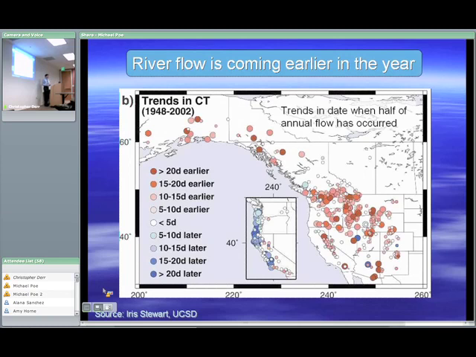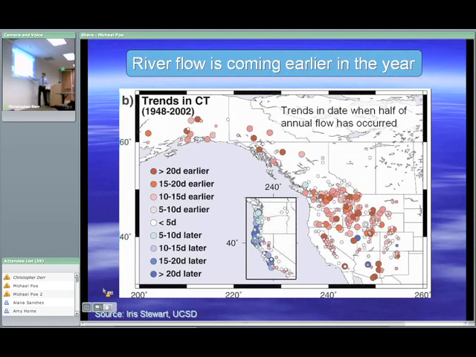And what's actually shown is the trend again over 50 years, the so-called center timing date. And the center timing date is, if you have a measuring station somewhere on a river, the date at which half the annual flow has gone by. Okay, so obviously that's something you only know at the end of the water year. You don't know it at the moment it happens. But it's a good measure of when in the year the river flow is coming. And the predominance of red circles is telling you these are on so-called snow-dominated watersheds, that on snow-dominated watersheds, river flow is coming earlier in the year.